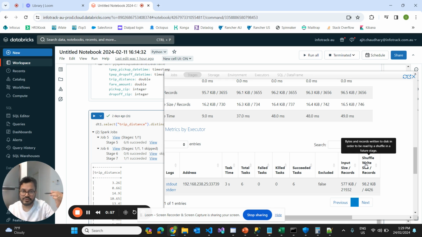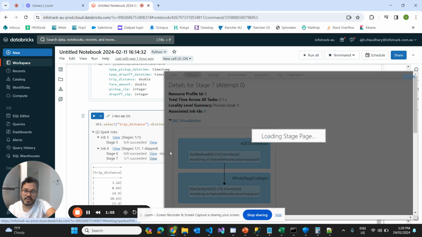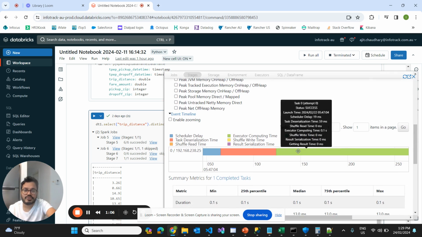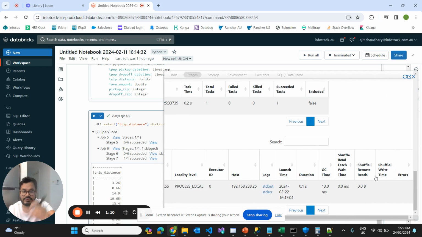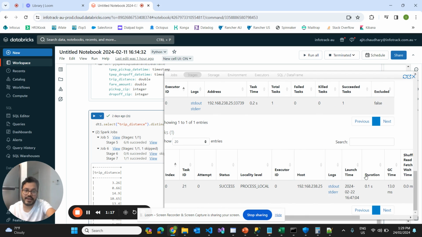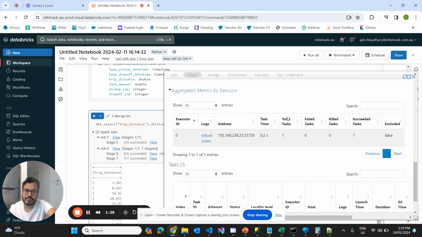If we go to stage 2, after the shuffle write, it reads the data that has been written in stage 1, and then it performs the final distinct operation, where your candies have been equally shuffled among your executors and the distinct operation has been applied. So that's how